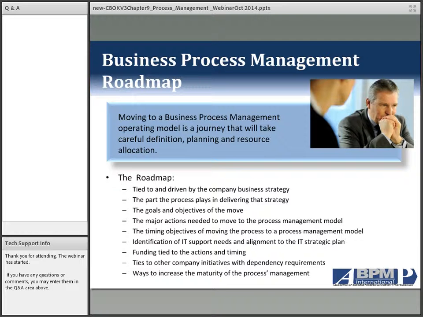we need to start to look at how those processes are going to be affected by strategy, how they need to change in order to support that strategy. That change can now be driven down into the individual business units because you know what elements of the overall process are contributed to by each of the business units. You know how that process can change, so you now know what each of those business units that are going to be involved needs to change in order to support the process change. That will roll on up then to support the strategic change.